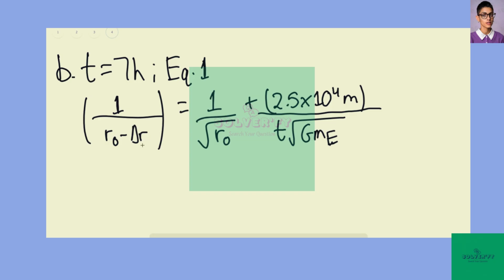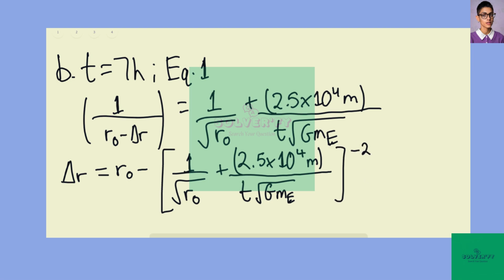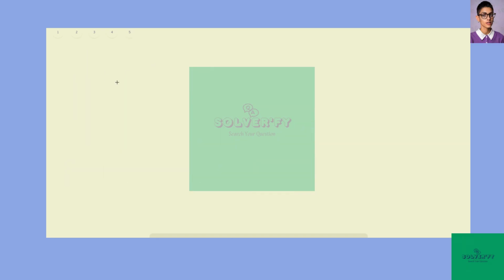So here, then we can say that the change in distance is simply going to be the original distance minus 1 divided by the square root of the original distance plus 2.5 times 10 to the 4th meters divided by t times the square root of the gravitational constant times the mass of the Earth, all to the -2nd power. And solving, we can say that delta R will be equal to